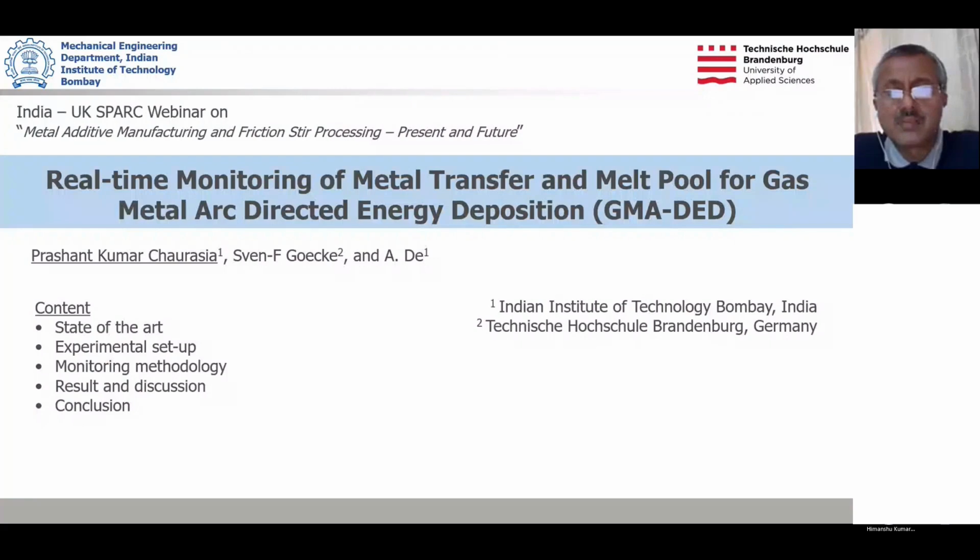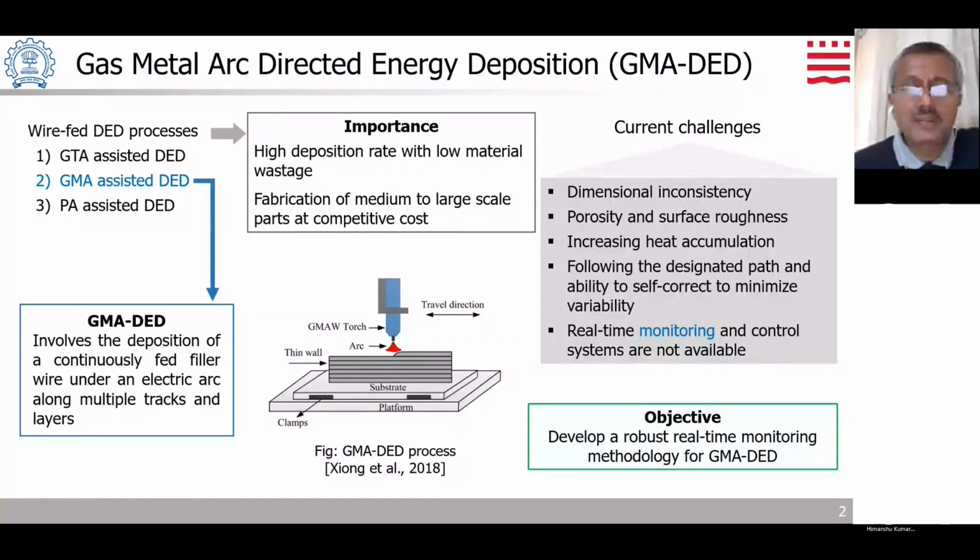So this is real-time monitoring of metal transfer and melt pool for gas metal arc directed energy deposition, which we all know is an additive manufacturing process. In particular, wire-fed directed energy deposition processes are basically the standard welding-assisted additive manufacturing, and in particular gas metal arc assisted directed energy deposition is typically nothing other